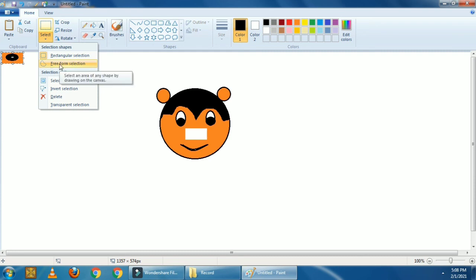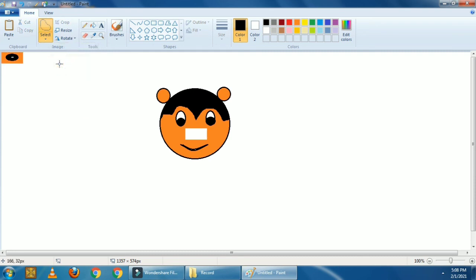So click on this freeform selection. Using this, we can select any random part of the picture. Okay, so I want to select only this eye of the mouse. So I am selecting the eye of the mouse like this.